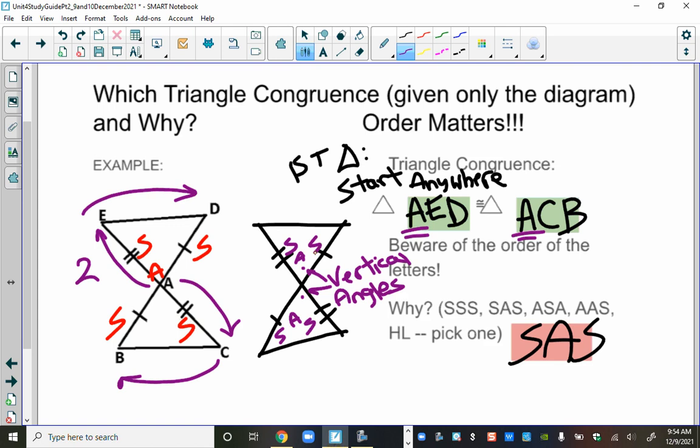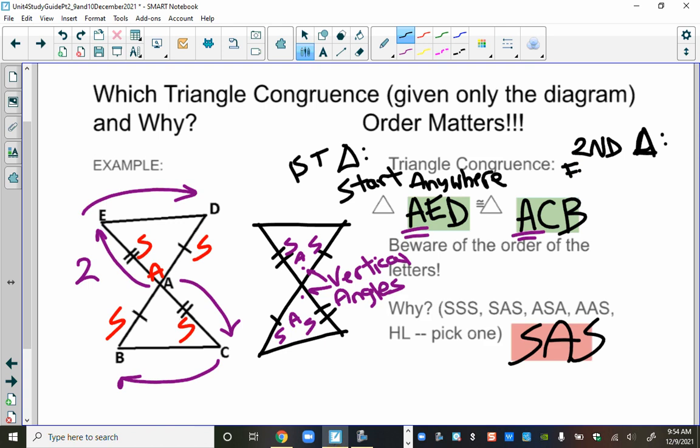And then since the vertical angles are between the two sides, that's an automatic side angle side deal. So I think what's going to happen going forward, you're going to get the diagram. Also going to set up the triangle congruence. So with the first triangle, again, you can start anywhere, but the second triangle,